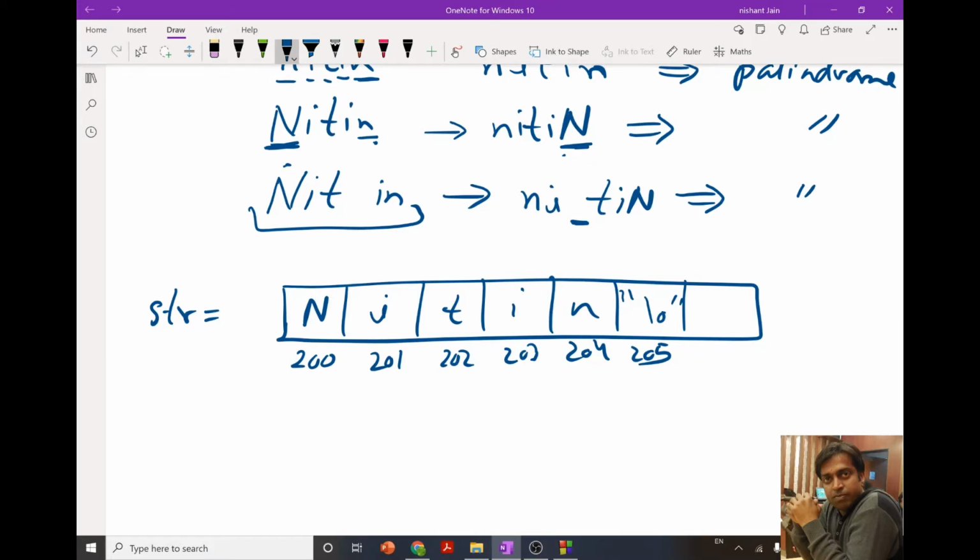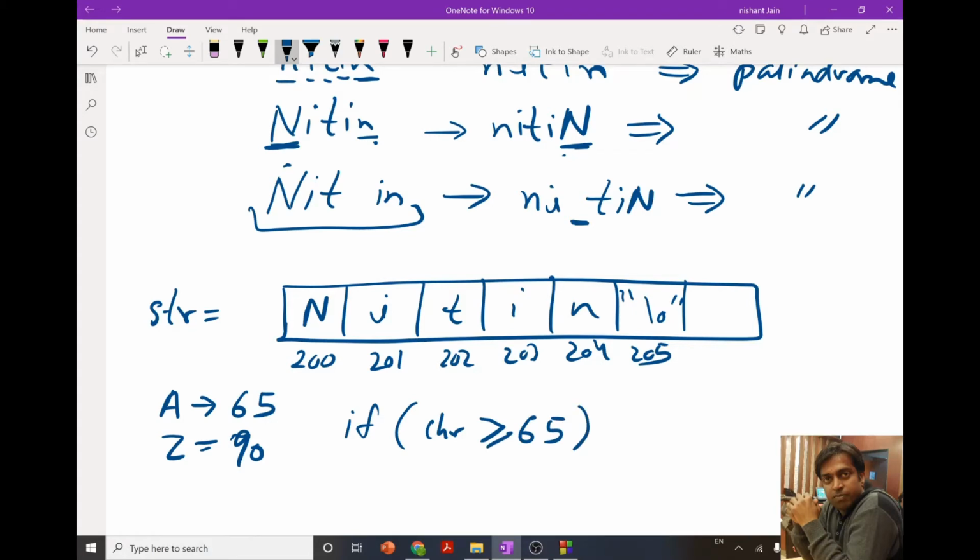To check that, we know that capital A has the ASCII code of 65, Z has the ASCII code of 90, and all the other capital characters lie in between. So we can check the condition that if the character is greater than or equal to 65 and less than or equal to 90, then it must be a capital character.